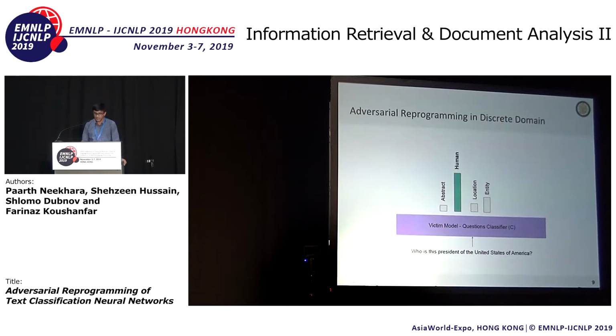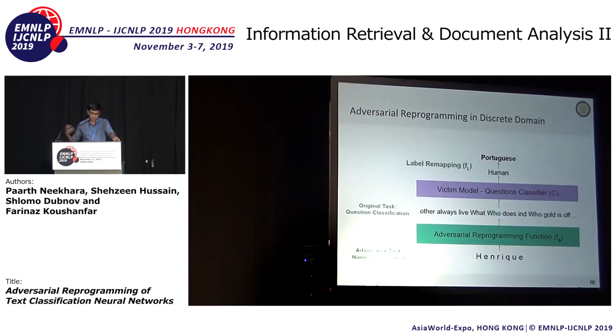this is our goal: we have a victim model that's trained for some text classification task. For example, this victim model is classifying questions into various categories, whether this question is an abstract question, or a question about a human, or about a location or an entity. And we want to repurpose it for classifying ethnicities of names, let's say. So we want to classify a name, Enrique, as Portuguese, using our original victim model, which was trained for classifying